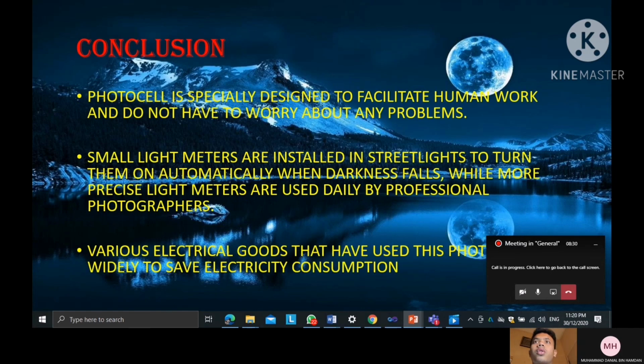So next, the conclusion: the photocell is specially designed to facilitate human work so that we do not have to worry about any problems. Small light meters are installed in street lights to turn them on automatically when darkness falls, while more precise light meters are used daily by professional photographers. Plus, various electrical goods use this photocell widely to save electricity